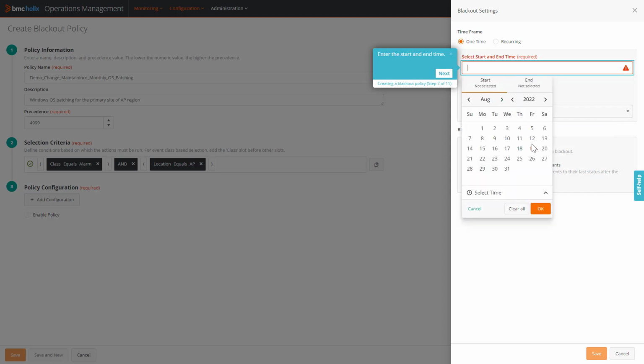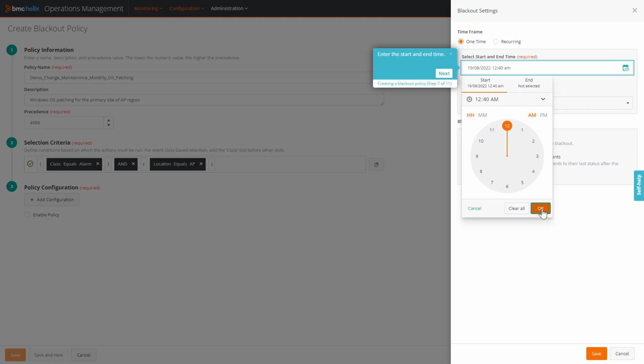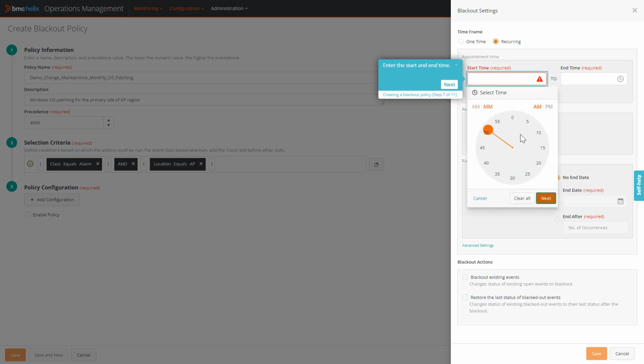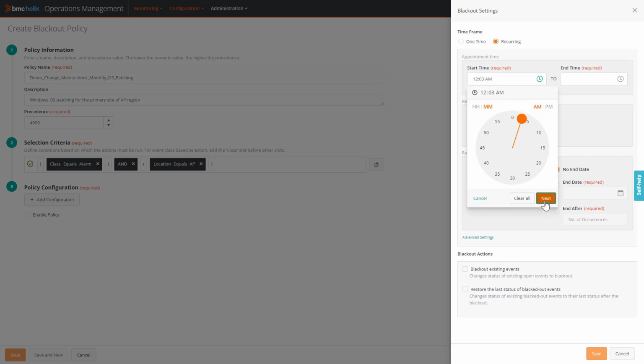One-time blackout can be used to black out event notification during specified time period only, such as holiday or during an expected change in your IT environment. Recurring blackout can be used to black out event notification for specified time period but repeatedly, such as during regular maintenance window or if your IT operators do not want to see event notification during certain time of the day. In this video, I will define a date and time range and specify the reoccurrence to work on certain days